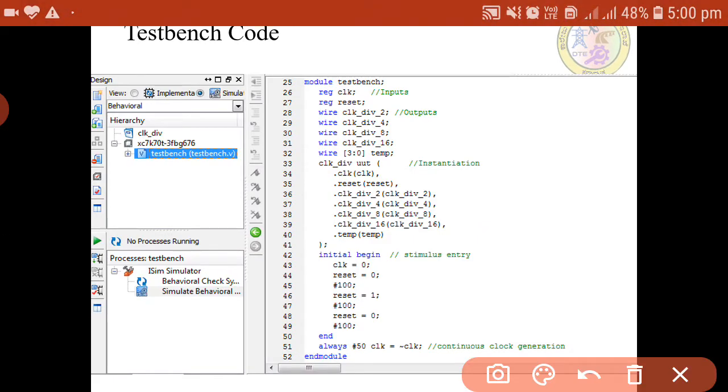Similarly, once we write the code, we need to write the test bench for that. So what is a test bench? A test bench is code written to test the main code, that is the counter and the clock division. Whatever the inputs of the source code must be declared as reg, and whatever the outputs of the source code must be declared as wire. After that, the instantiation. Whatever module name we used in the source code, we need to write here, with the inputs and outputs. Mapping means for which code we are writing the test bench, so we map it here, and that we call instantiation.